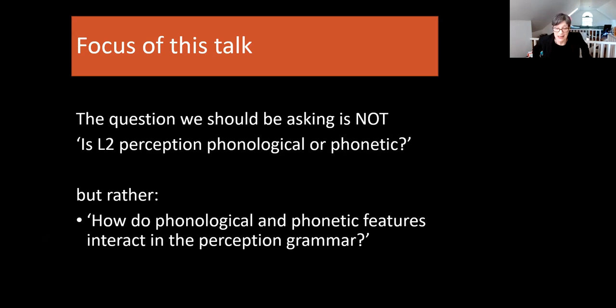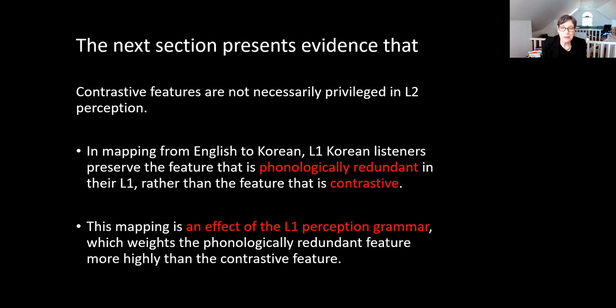information, phonological and phonetic. So the question really is, how do phonological and phonetic features interact in the perception grammar? I don't have an answer to this, but I will look at one set of data, and the goal here is just to make the point that the idea that contrastive features are somehow privileged over redundant features in L2 perception, or L1 perception, is not necessarily sustainable. So I'm going to look at, again, mapping from English to Korean, this time the mapping